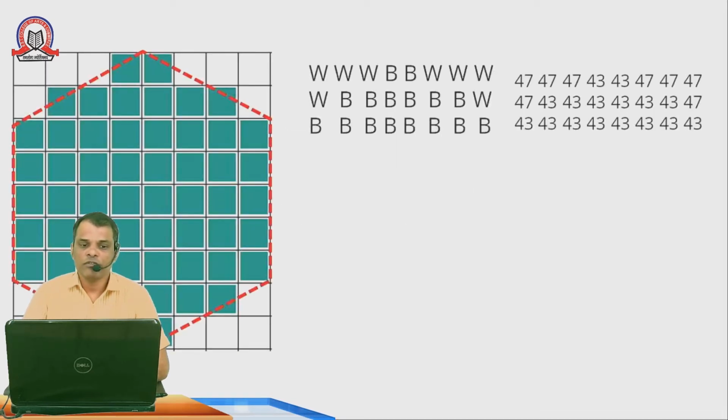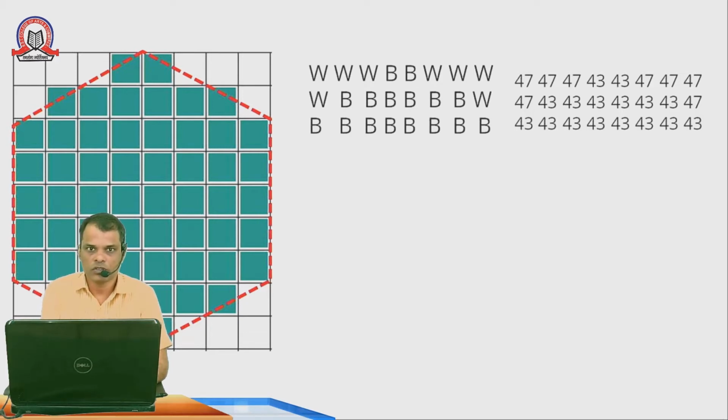So here, if you see, there is a hexagon in the diagram. This red dotted line is the actual image. This image is usually divided into small squares. We usually call these squares pixels. So we map this image with these pixels and we have a grid like this. Fine. Once we have this grid ready, then we will start noting down the color. See, the first color is white.